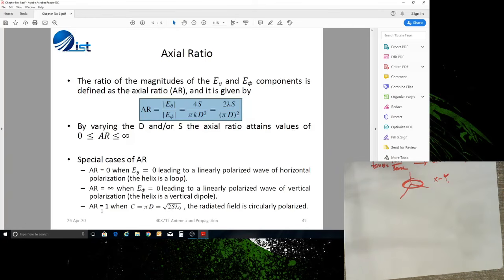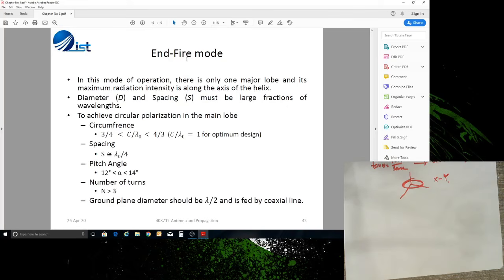And axial ratio will be 1 जब C की जो वैल्यू है, which is pi d, it becomes equal to 2s lambda square root. अगर ये इसके बराबर हो जाए तो axial ratio will be equal to 1. अब इस केस में आपके पास सर्कुलर पोलराइज्ड जो है वो जो पैटर्न है वो जनरेट हो रहा होगा पोलराइजेशन का. और इसी तरह नॉर्मल मोड के साथ end fire mode की अगर हम बात करें, in this mode of